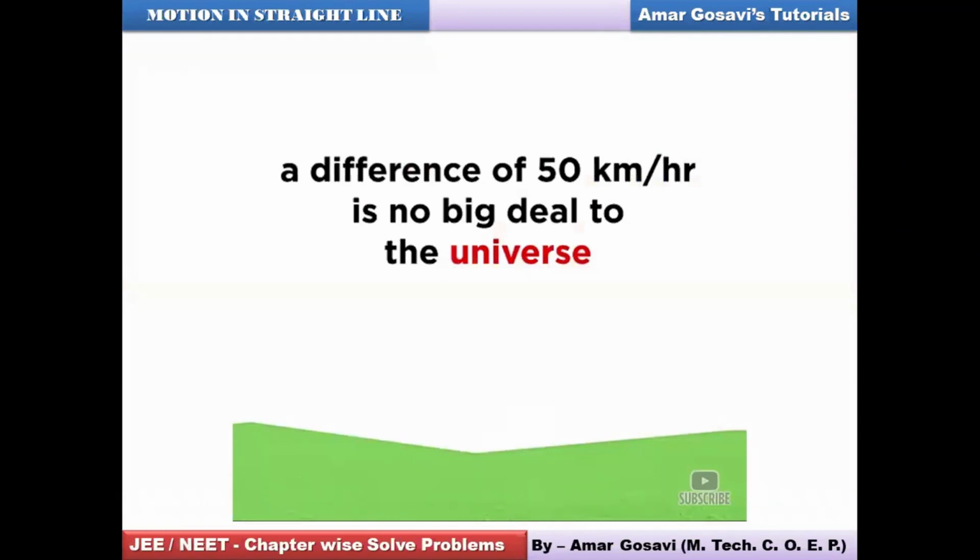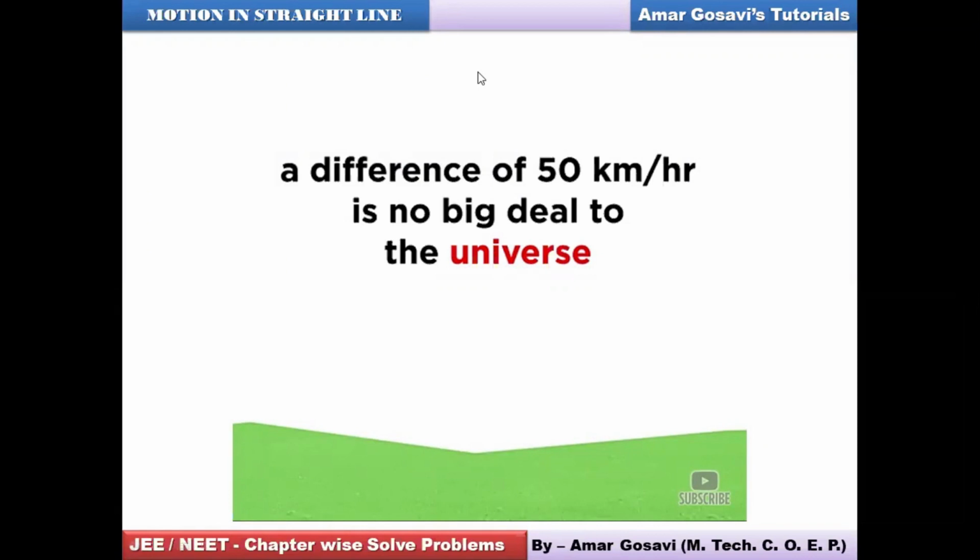Now you can see a difference of, say, 50 kilometer per hour won't be of much value when it comes to relative motion being considered with respect to the universe. So for planet to planet relative motion, this speed of 50 kilometer per hour won't be a big deal in that case. But if you observe, friends,